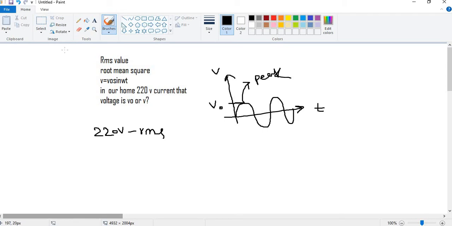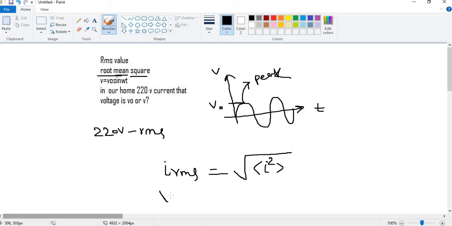Hope this is clear. So what is the RMS value? First, what do we mean by RMS? Root mean square. We have to follow from left to right. So first we have to do the square. If I am taking IRMS, first it is asking for a square, so I squared. Now the square is over. Then the mean. Now the mean is over. Now we have to take the root. So IRMS is nothing but the root of the mean of I squared.